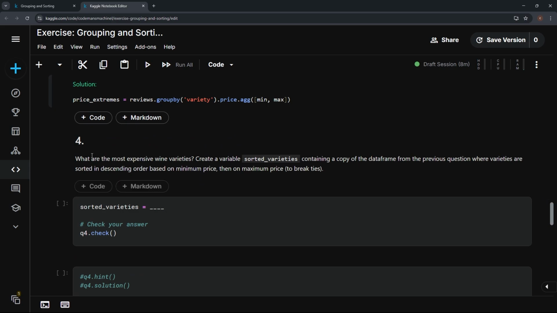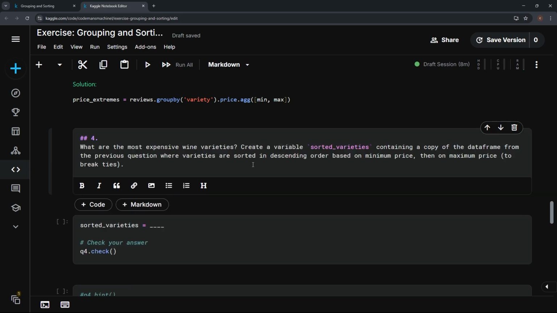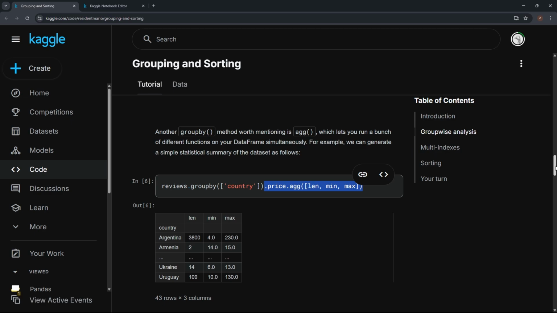So here's number 4. What are the most expensive wine varieties? We're going to create a variable sorted varieties containing a copy of the data frame from the previous question where varieties are sorted in descending order based on minimum price, then on maximum price to break ties. So it's going to be on minimum, then it's going to be on maximum. So it's going to be kind of like this one we had over here where we had